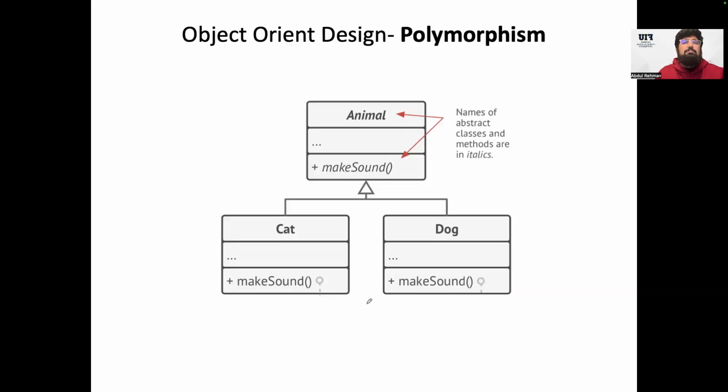Inheritance and polymorphism sometimes look the same, because polymorphism says that one thing may have different shapes. For instance, I am a teacher in the class or a student in the class, a brother to my siblings, a son to my parents, a friend to my friends. So you see that one person, one object, or one entity has different types of behavior on different occasions. This is what we call polymorphism.